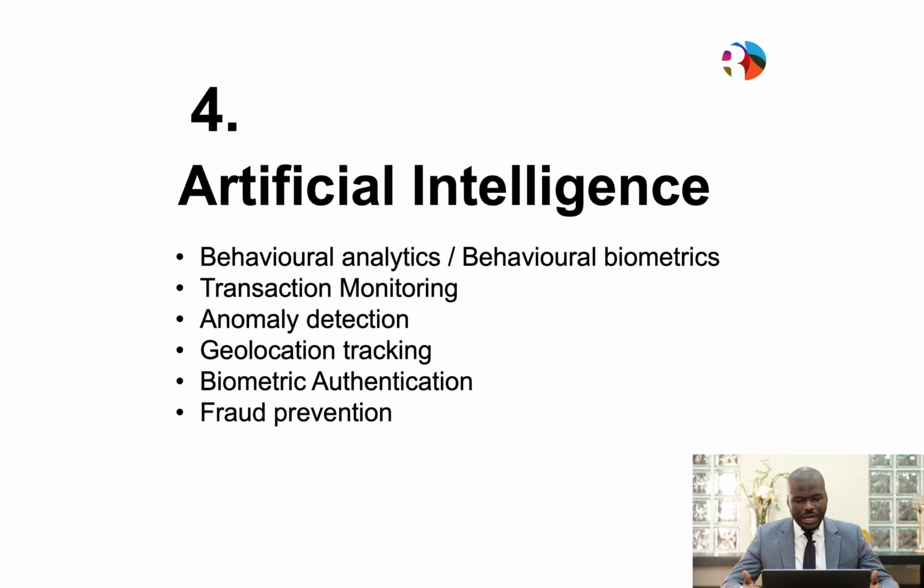So what is happening now? With AI, you can do things like monitor the transactions. When you discover an anomaly, take an action, prompt the user to do something else. AI can also help with geolocation tracking. With AI, you can deliver content to people based on their location. You could also trigger security processes, security flows based on the